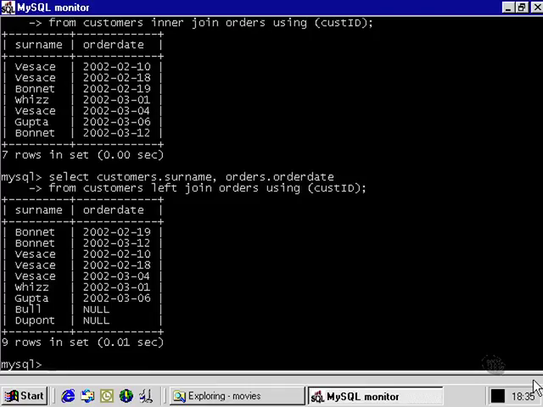One final thing to consider about the left join is that we're able to use both the using syntax and the on syntax: on customers cust ID equals orders cust ID. But we can't use a where clause. A left join requires us to explicitly tell MySQL what to use as the joining criteria using the on keyword, in the same way as using the full syntax for the inner join. One final thing for this movie